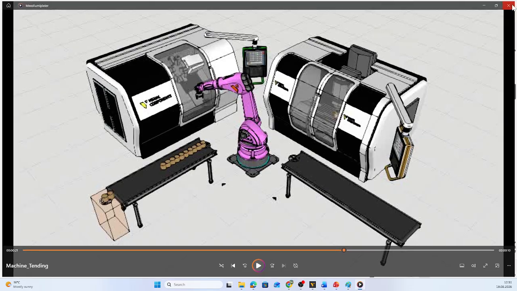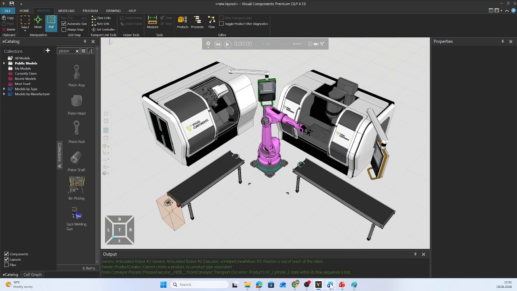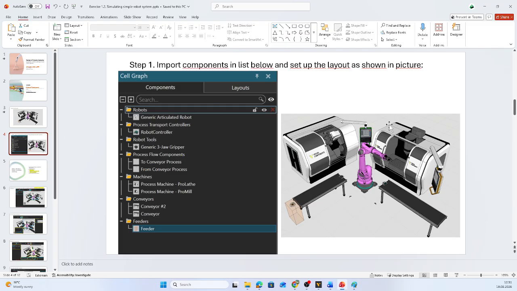I will close this one. Let's go to our project. Let's follow this file also, that step by step it's showing what we should do. So step one is for you to import all the components that are in this list. Follow this list and import all of them one by one. Make the layout like this. Then